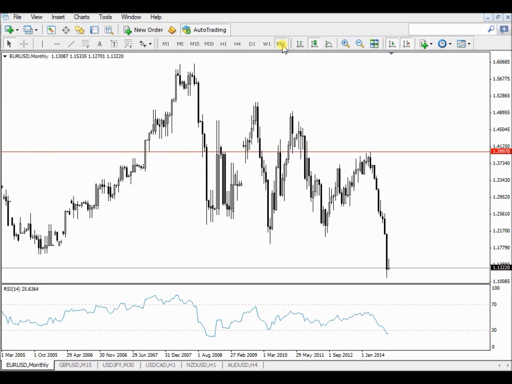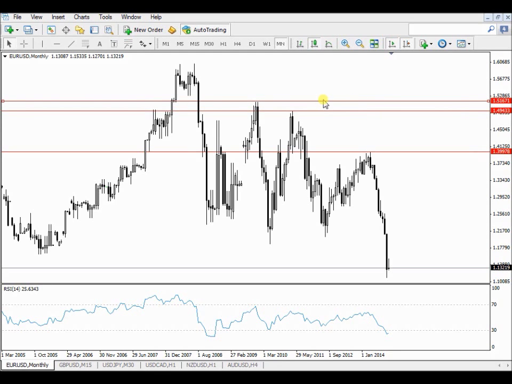Alright, so how many resistance and support do you see on this chart? I will mark my resistance in red lines at the top, and I will mark my support at the bottoms. So there I know that is resistance. Resistance are places or roofs at the top of the current market where price may bounce off, or where the bears go down to take control of the market.